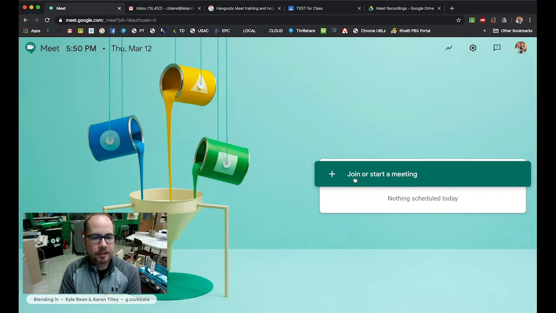From right here, you get a very easy screen. You can start a meeting or join a meeting. Obviously, if you have a meeting code, you can just join that meeting. If it's teachers that want to collaborate, maybe an aide that wants to join your Hangout just to see what's going on, or maybe assist in the training,